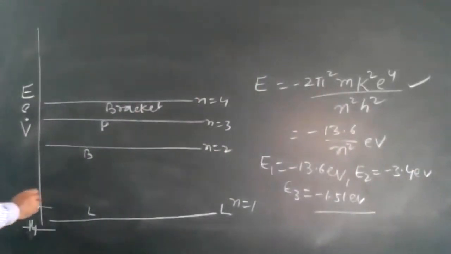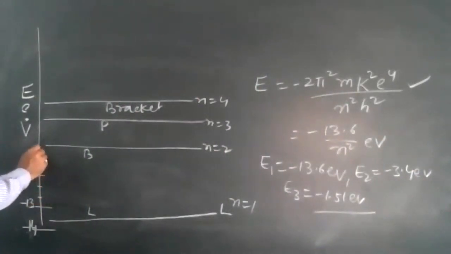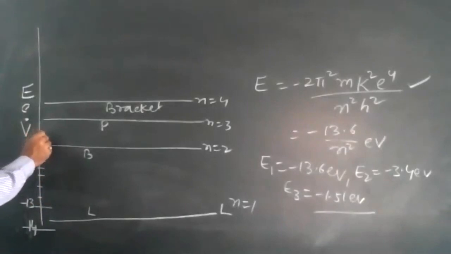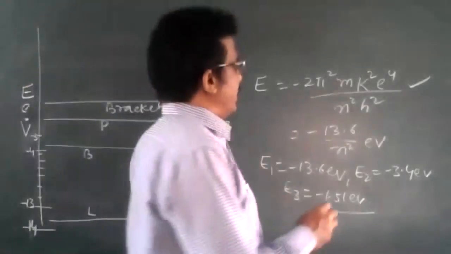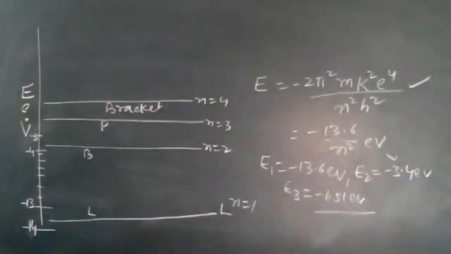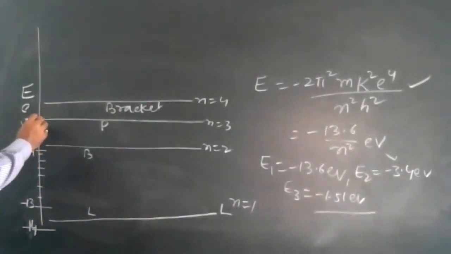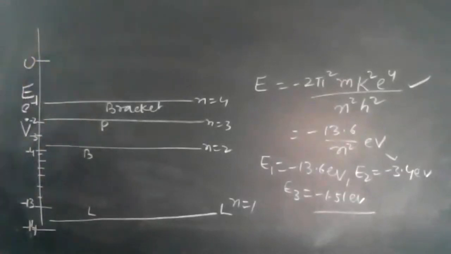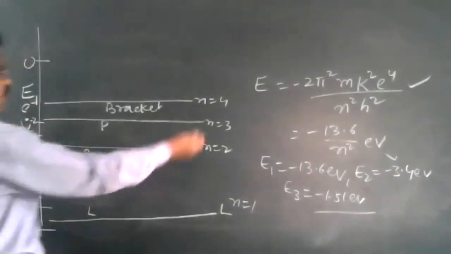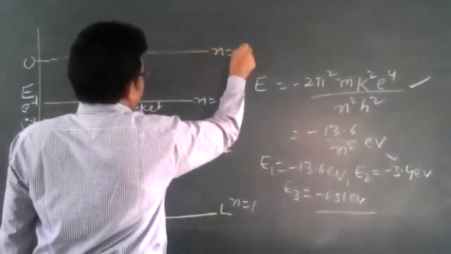Then you write here 12, 11, 10, 9, 7, 6, 5, and then the Balmer series is between 4 and 3, minus 4 and minus 3. The range that you can see is about 3 electron volt. Then in the Paschen series and Brackett series, 3, 2, 1 like this. Here you can say minus 2, minus 1, and then at the end it is 0. n is equal to 1, 2, 3, 4, 5 like this, or in the end you can write n is equal to infinity.